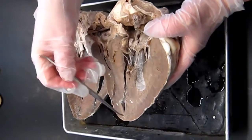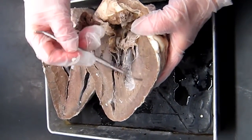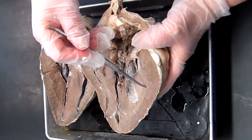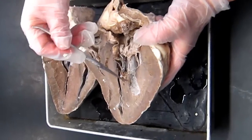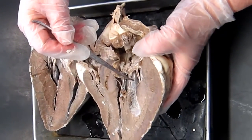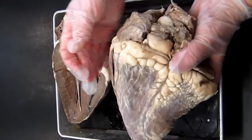So the outside is the epi, right? Epicardium. The medium is, how do you say that? Myocardium. And the inside is the endo, right? Endocardium, correct. And as I turn over here, you can see that in the actual